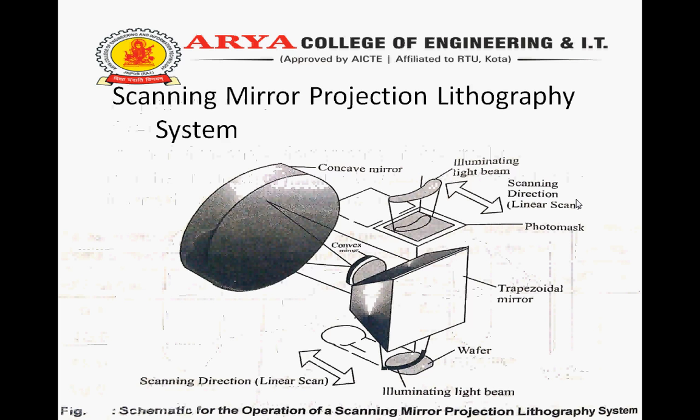Scanning mirror projection lithography system. In 1:1 scanning projection system, the buffers and masks are clamped into a cartridge that scans a narrow arc of radiation across the mask and the buffer. Figure shows a schematic of a scanning system. During the scan, an arc of light that shines through the photomask reflects off two spherical mirrors. The scanning feature ensures that the light stays near the center of the optical system.